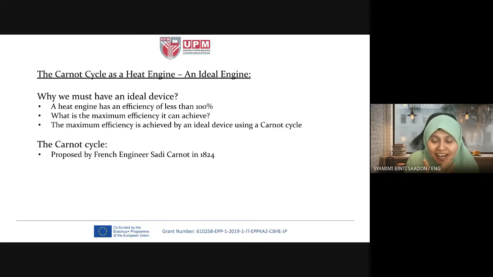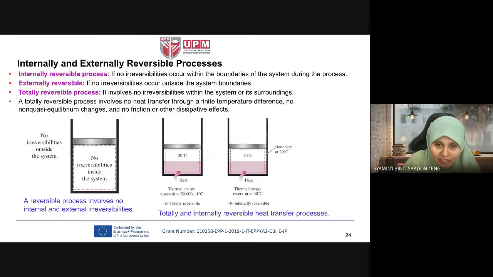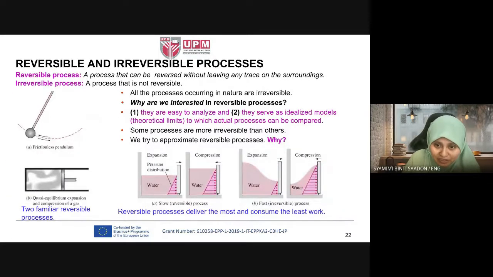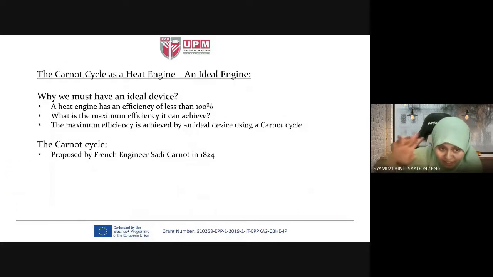It is an ideal engine, an ideal heat engine. Even though it is impossible, like we mentioned just now, we assume a reversible, ideal process because it is easy to analyze and we want to know the theoretical limit. So this is for a simple process to be reversible, the ideal. But here it is for the whole engine.